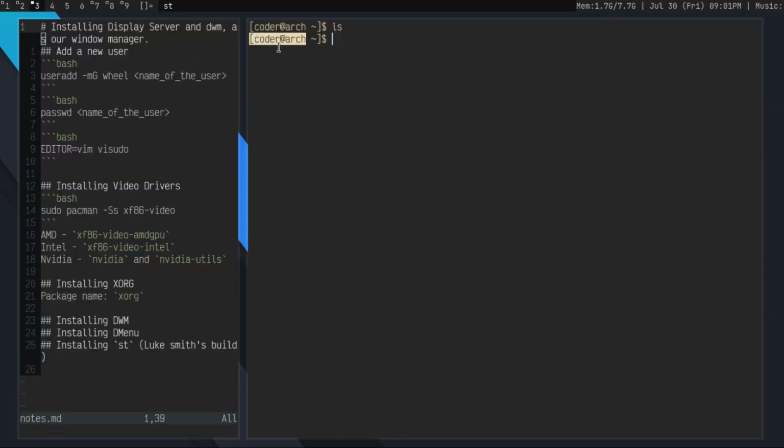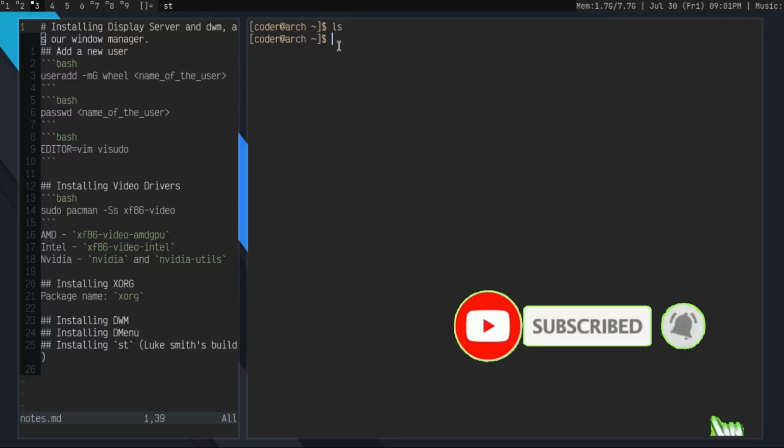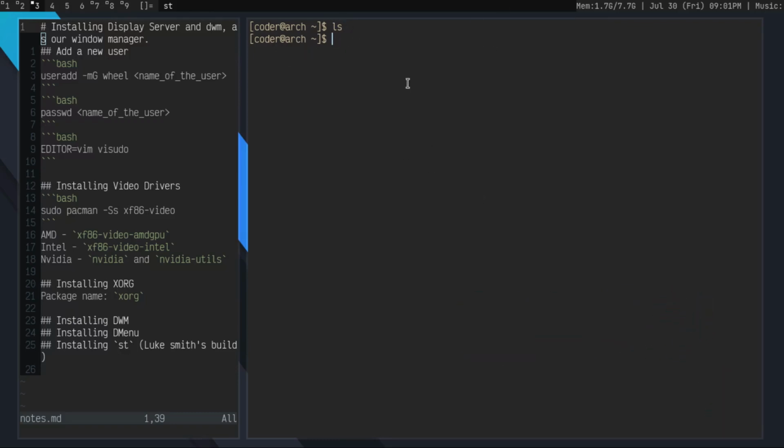As you can see, the username has changed because I've added a username, because I was not able to log in as a root user. I'll show you the command, but adding a user is important. So in this video, our goal is to set up a display server, install a window manager, and make the system usable. Okay. So we'll start by